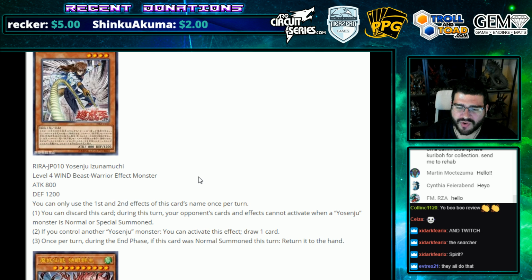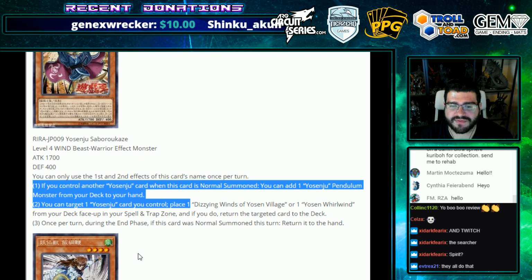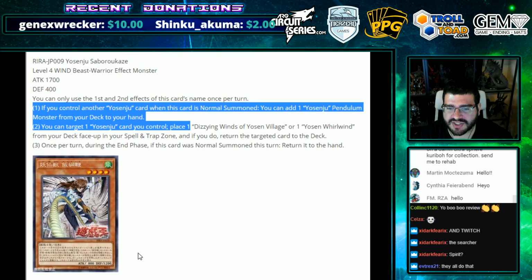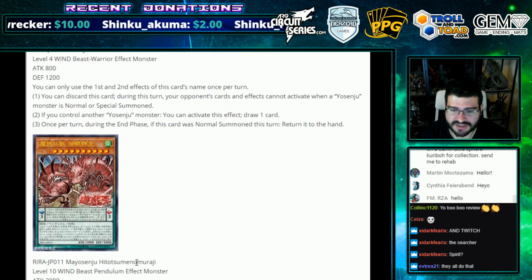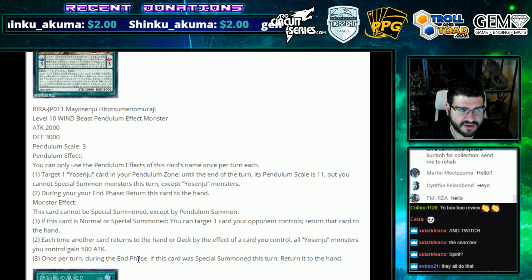The second effect, if you control another Yosenju monster, you can activate this effect, draw a card. A little extra draw power, especially with the Card of Demise like builds. Not terrible to end on. Again, doesn't look like it has the normal summon clause. So once per turn during the end phase, if this card was normal summoned, return it to the hand. So these are the ends of your normal summon chains, as it were, but it's also more monsters which the deck did severely lack. This is literally five effects for our new